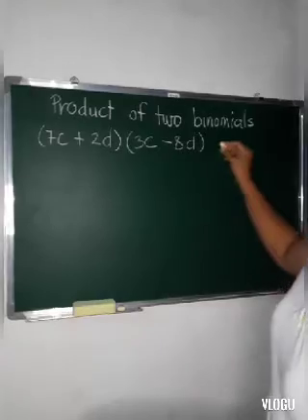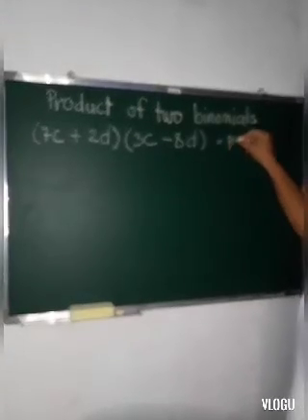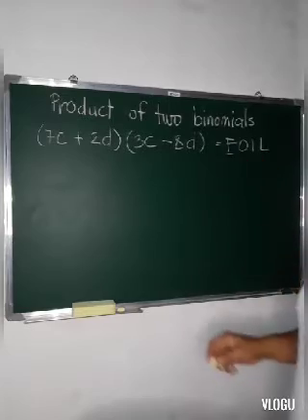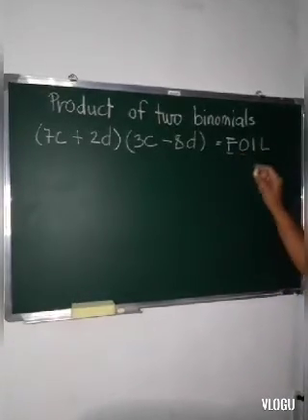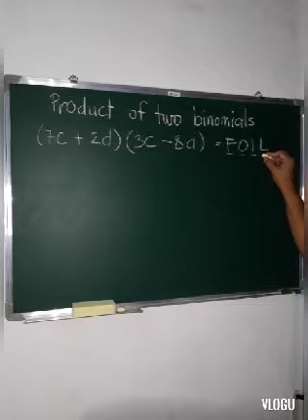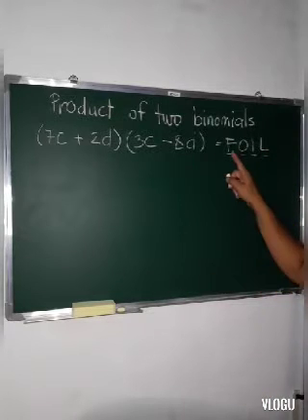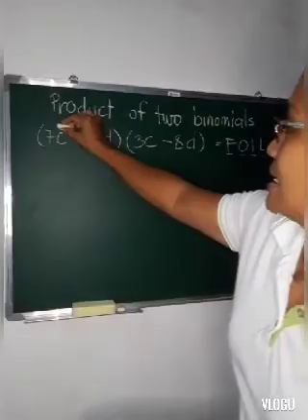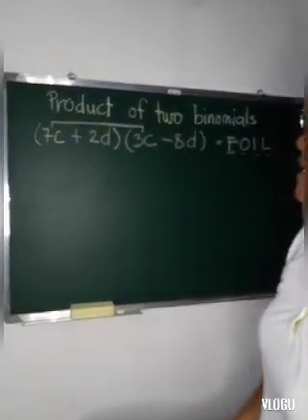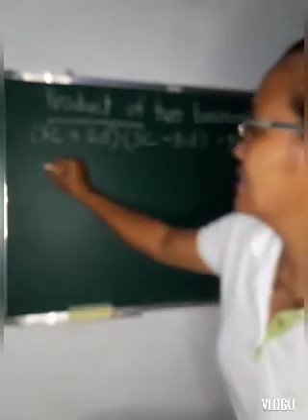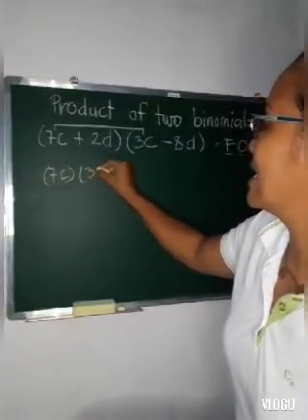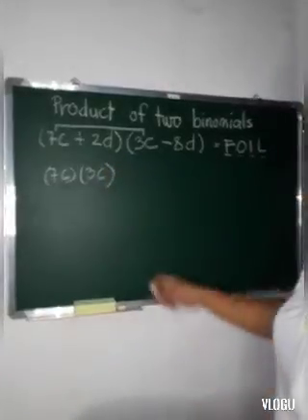So when we say FOIL, the F means first, O means outer, I means inner, and L means last. So we will start with the first. So meaning to say 7C times 3C. So 7C multiplied with 3C, plus